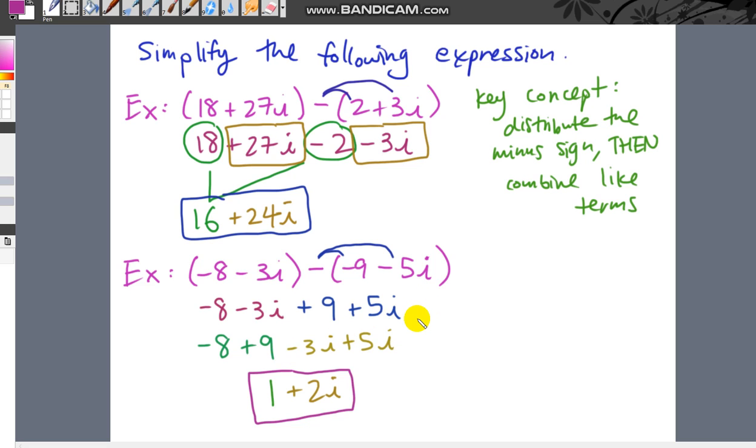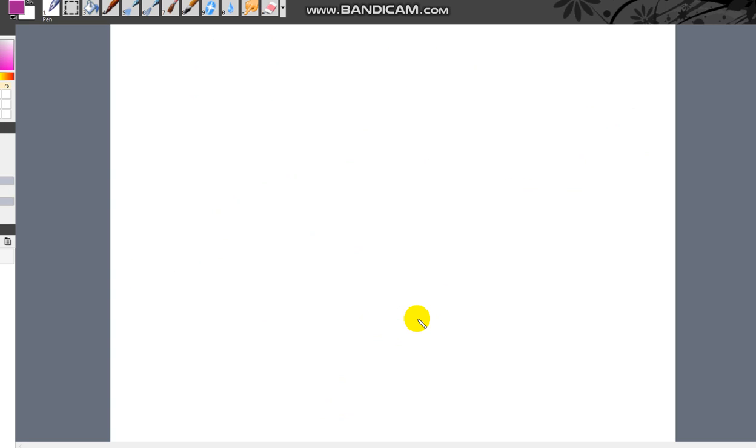Okay, now let's say I asked you to multiply two complex numbers together. So I'm going to go ahead and clear the screen here. So in order to multiply complex numbers, we need to revisit this rule. So i equals the square root of -1. Okay, so if we are given this,